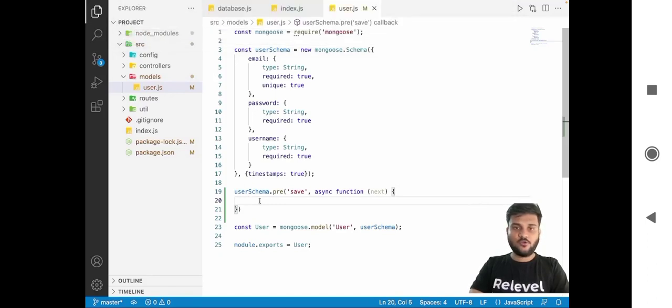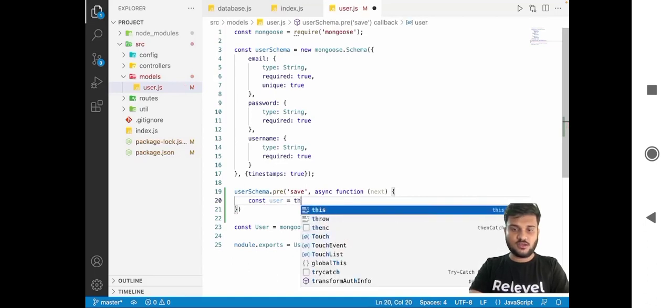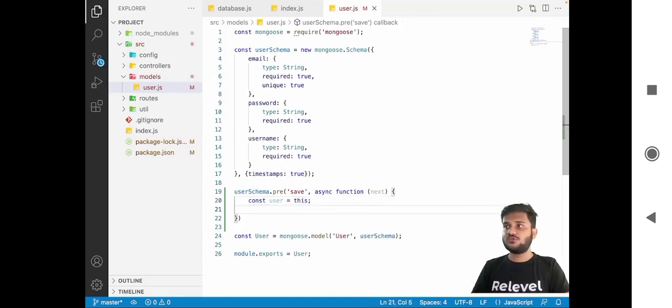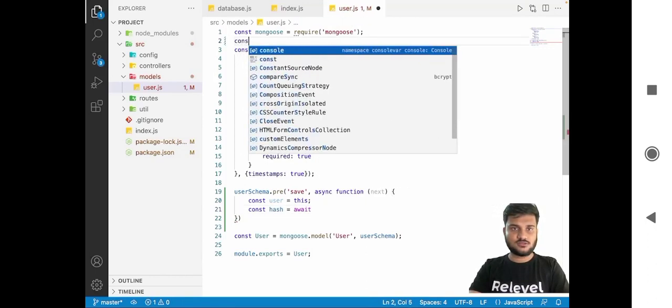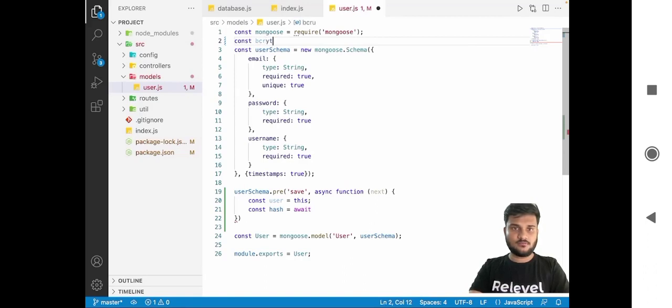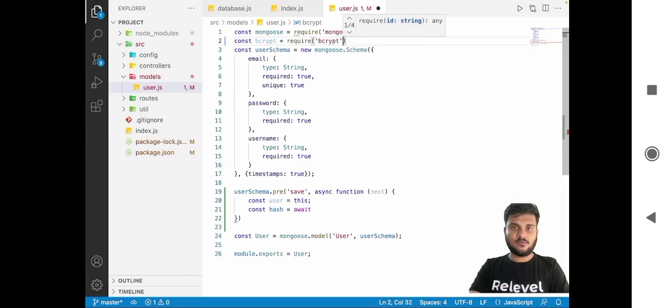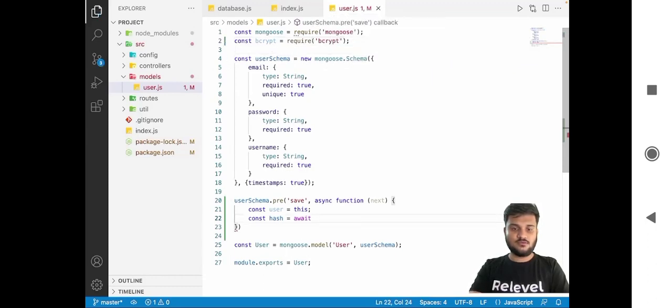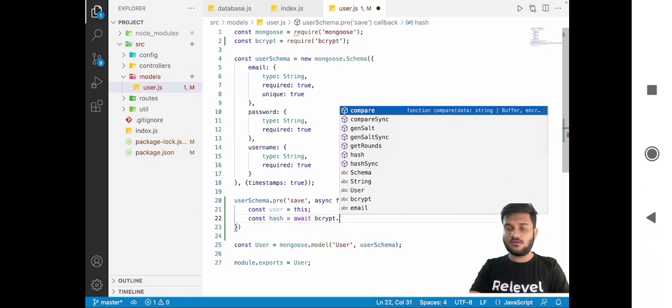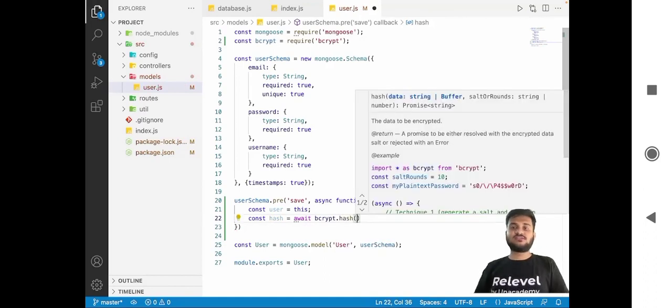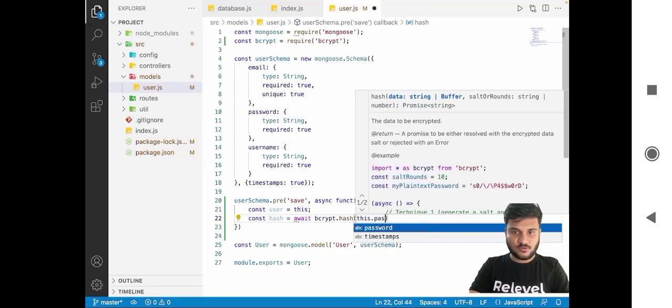Okay, and now what we are going to do is say const user is equal to this. The current object that you are going to come up with is going to be the user, right? And then we'll say const hash is equal to await bcrypt. So we need to require bcrypt. So const bcrypt is equal to require bcrypt. And we'll say bcrypt dot hash, and now we will be passing the password, this dot password, and